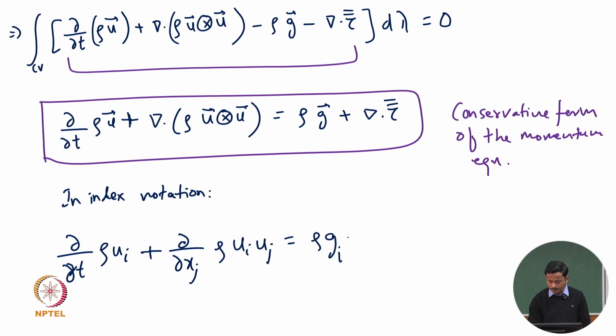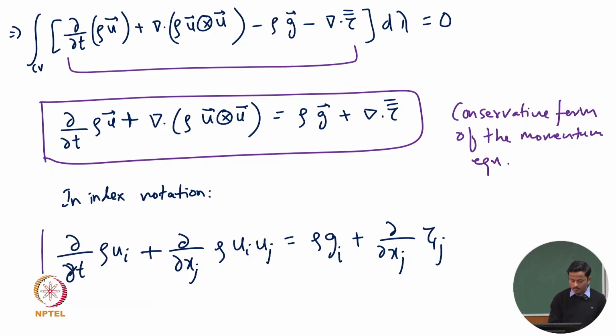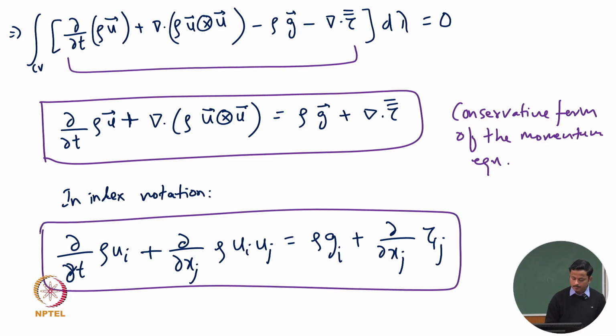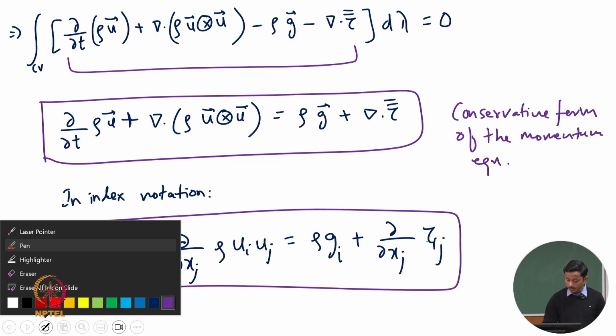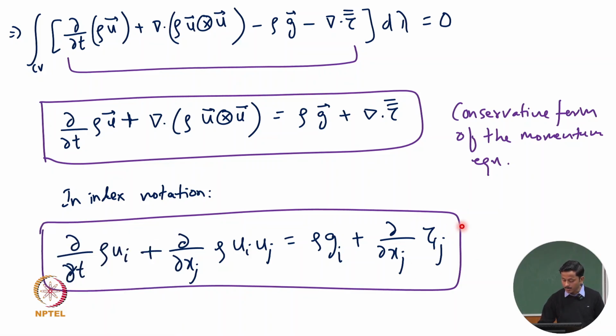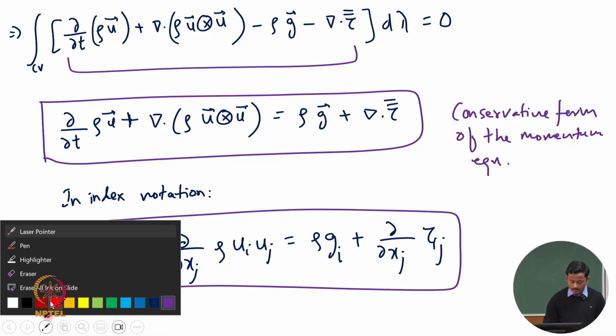Einstein notation is something that you can read in the background, study in the background if you have forgotten, and this is how we can express the momentum equation in index notation. So now here, as you can see, we have a quantity which is unknown to us. We would like to expand this so that we express it in terms of some of the variables that we know. So this tau ij